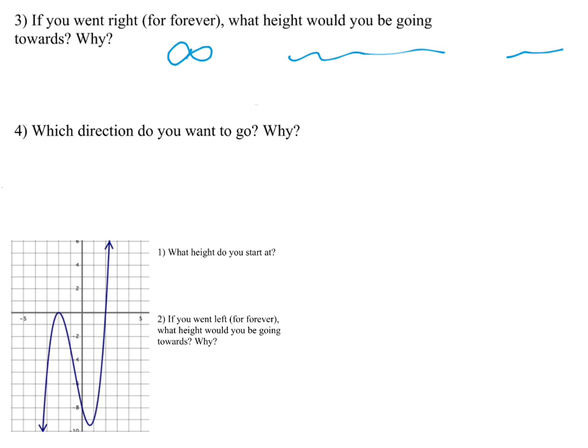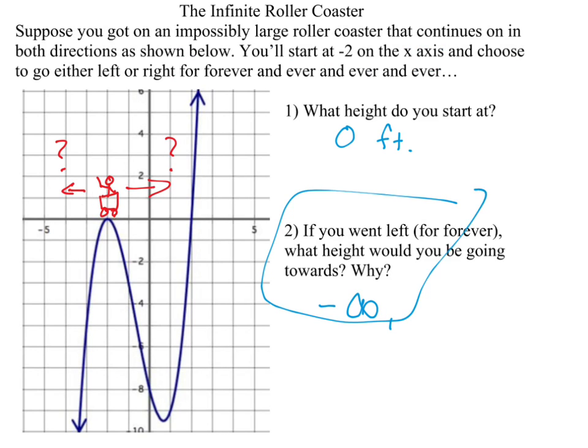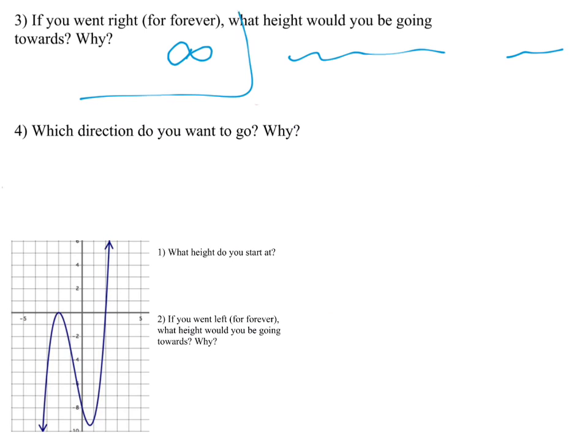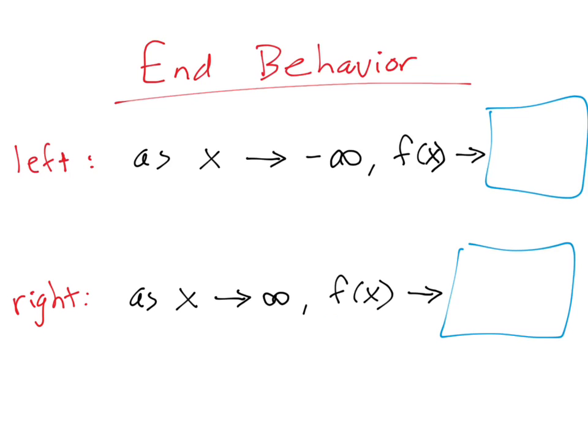But anyway, that's pretty much an example of what end behavior is. If you were to go left along your function forever, what happens? And then on the right side, if you go right forever on your function, what happens? And that's what end behavior is. So this would be an example of left end behavior, and this would be an example of right end behavior. And to write your actual answer on your assignment today requires some weird notation with this weird sentence, but it's very mathematical in nature and it explains what's going on.